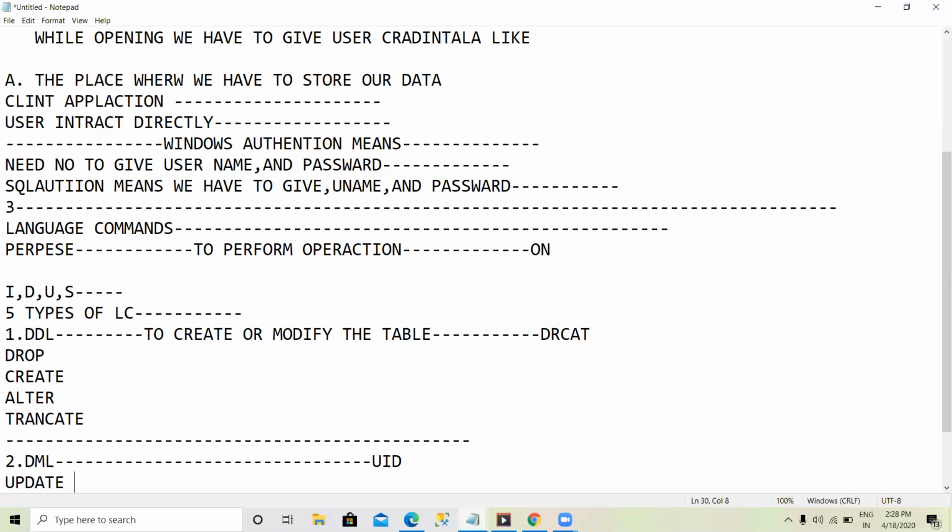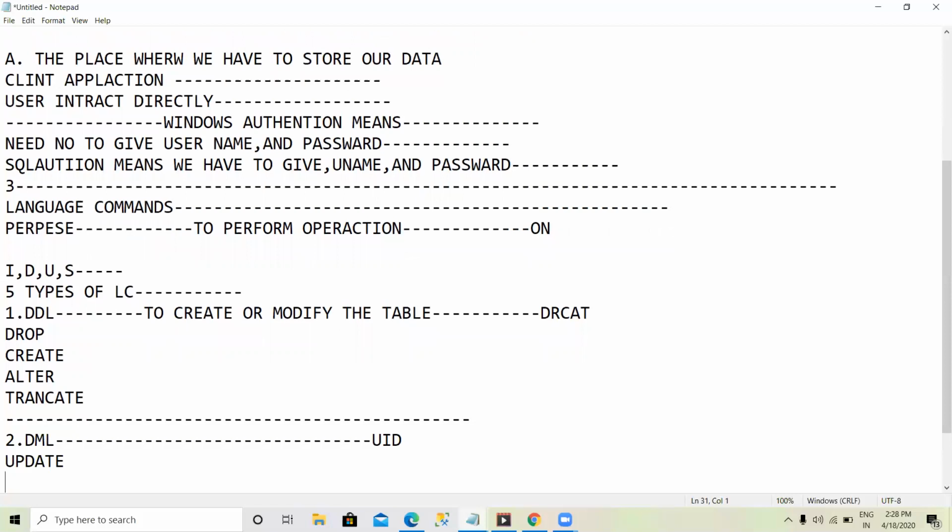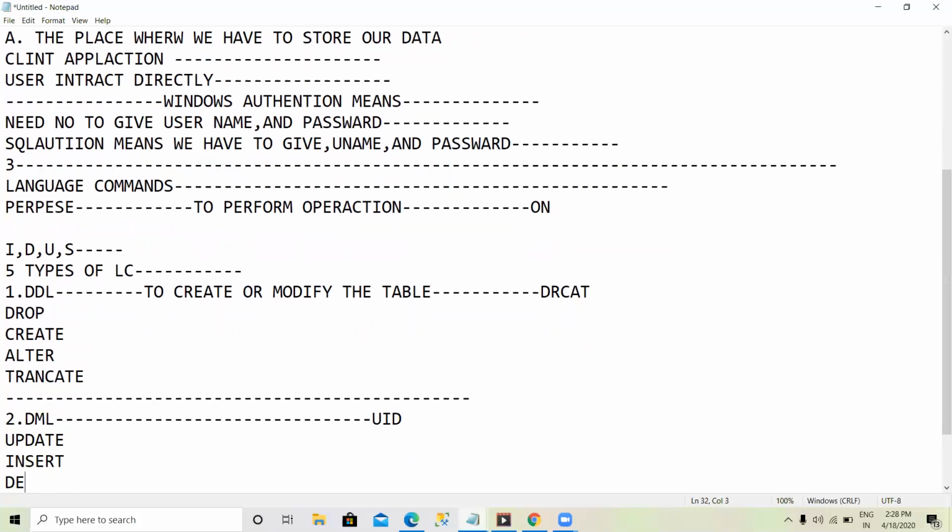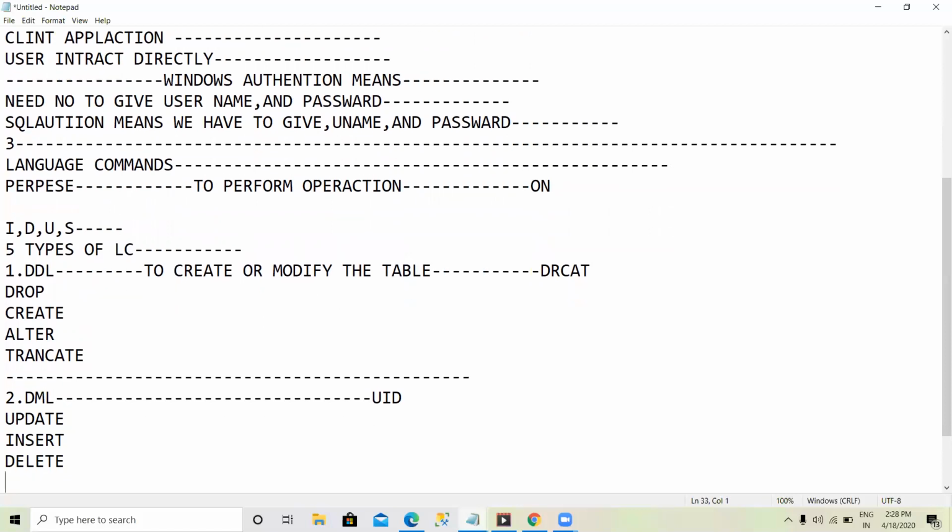Update, insert, delete come under DML commands.